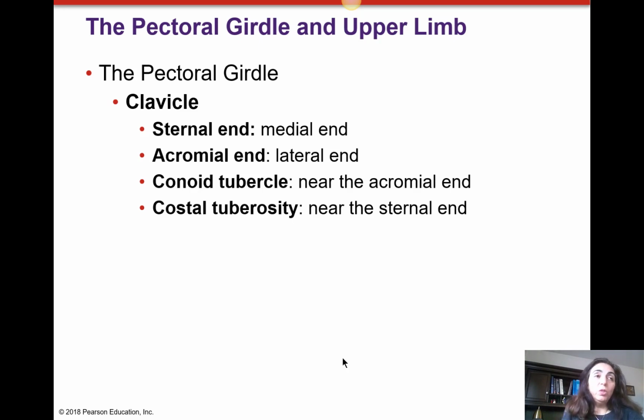For the appendicular skeleton, there are a few of the bones that you may find over your lab handout that you need to recognize. Are they located on the right side of the body or over the left side of the body? Those are not for all the bones, just I believe 6 of the bones that you need to know. And clavicle is one of them. So regarding that one,